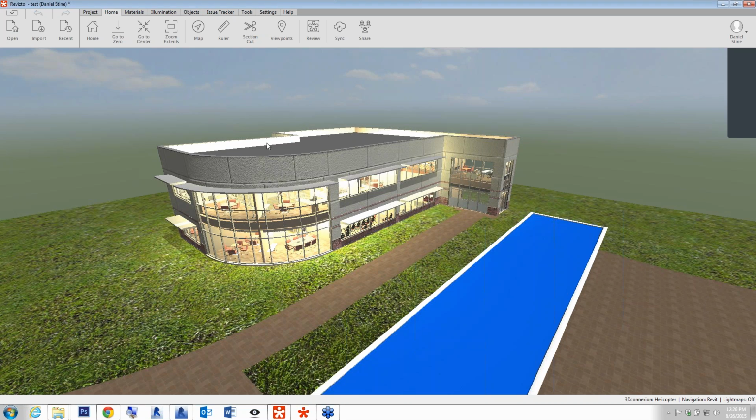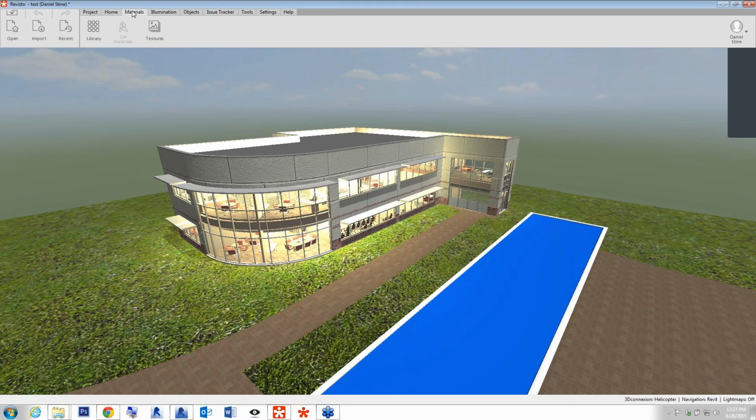The first thing we're going to look at here is the materials. I'm just going to work through some of these tabs and talk about a few things that we can do in the context of the editor, and then we'll get into the viewer. There's some overlap between what you can do in the editor and the viewer, so I'll save those for looking at in the viewer.